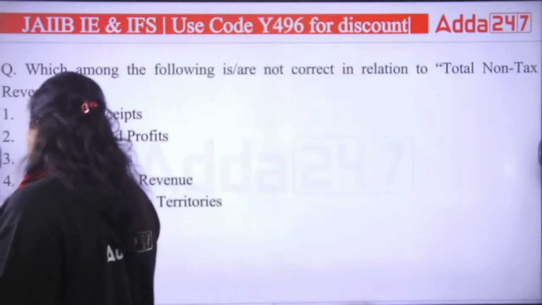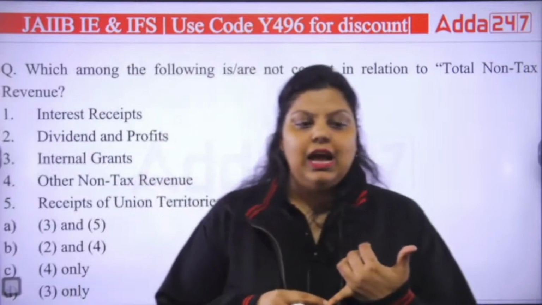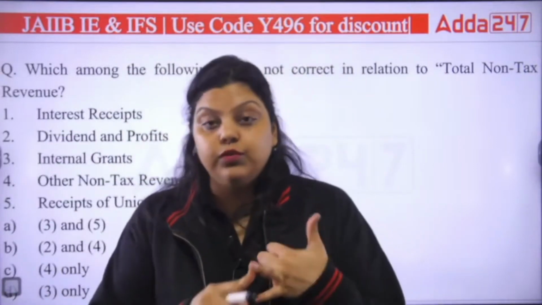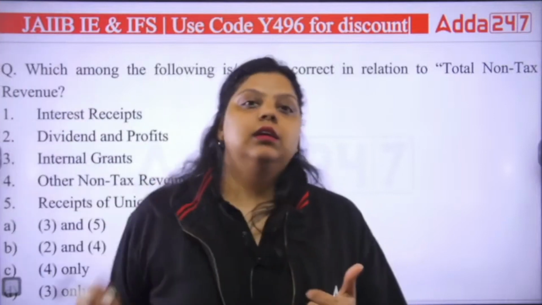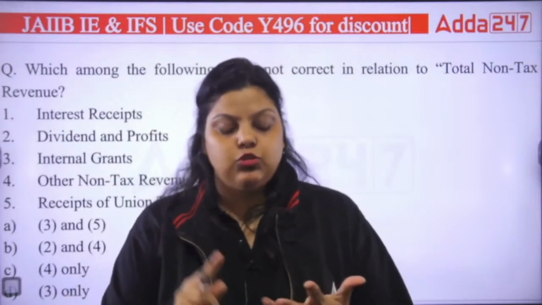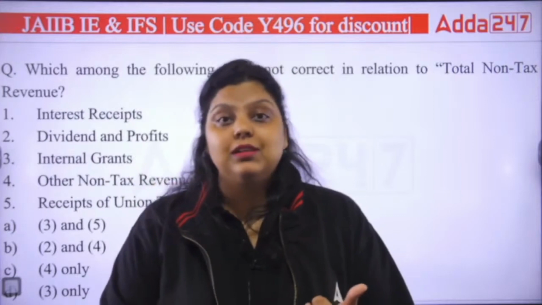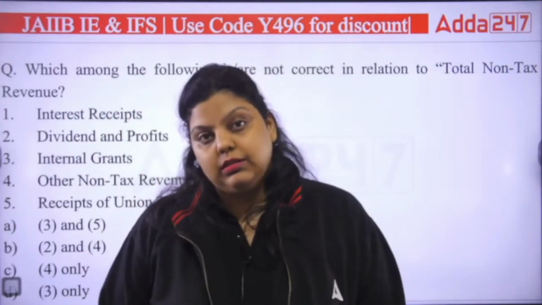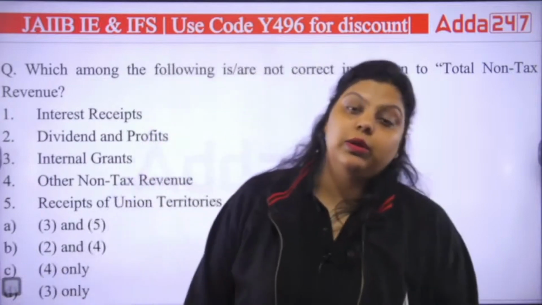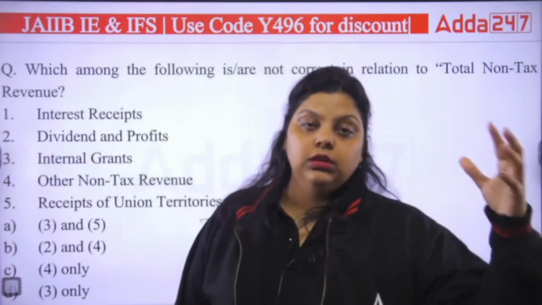In the union budget, what pattern of questions will you see? First, they will ask you about the basics and terminology of the budget. Second, they will ask you formulas like how to calculate net tax revenue, total receipts, total expenditure, revenue receipts, capital expenditure, and capital receipts. They can also ask how to calculate deficit, as there are 5 types of deficit. All these things will be asked in the paper from this unit.